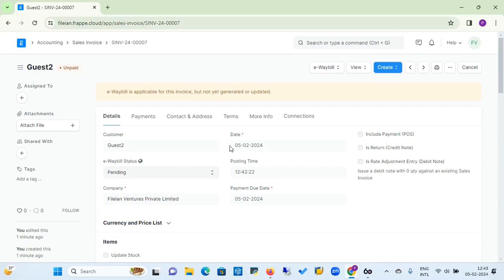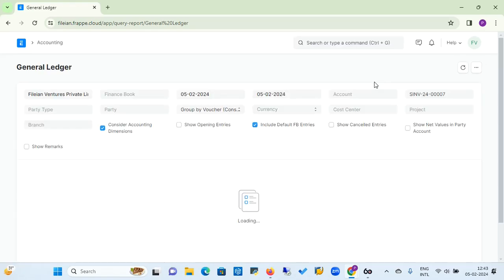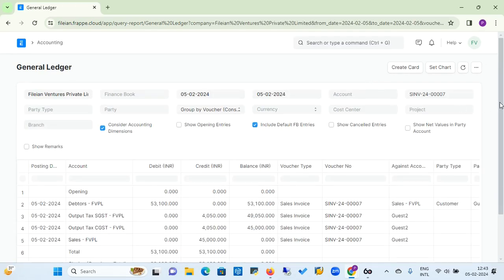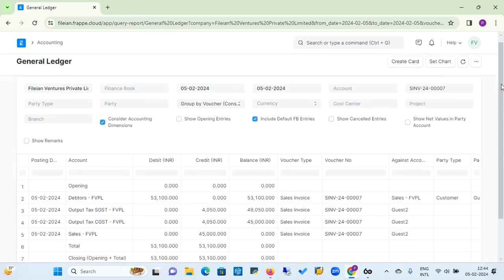Now assume that this material has been dispatched to the customer, and now the customer has paid you a payment against this invoice, because currently this invoice is in the unpaid state. If you view the accounting ledger from the view drop down option, then it will show that your customer has the liability of 45,000 rupees. Overall liability is